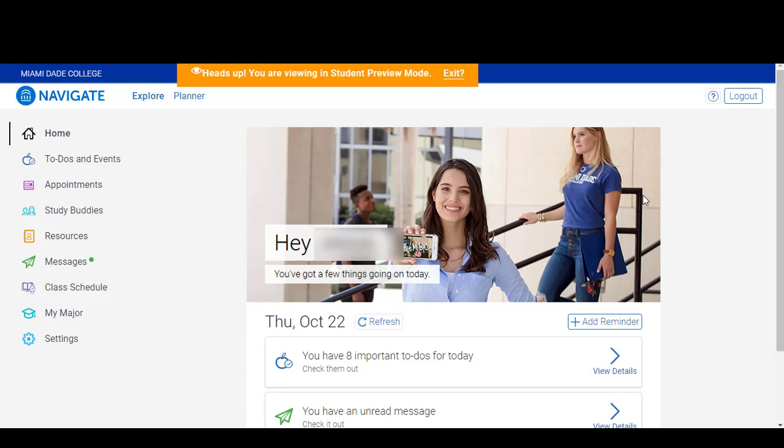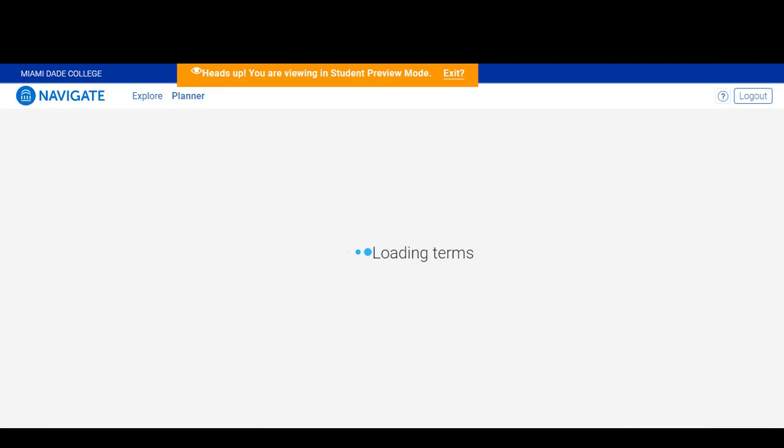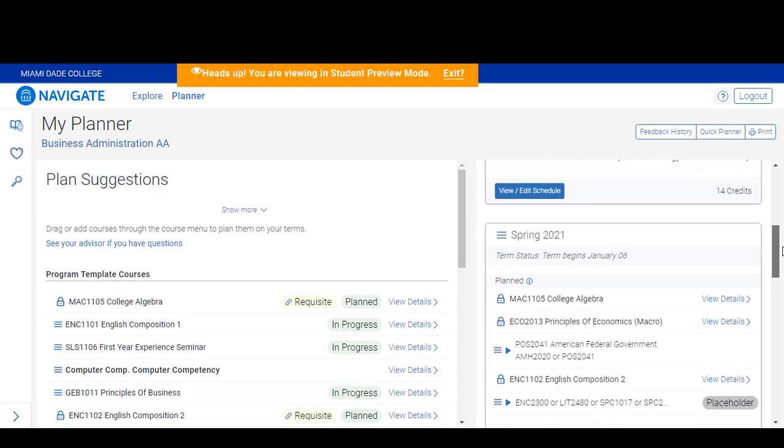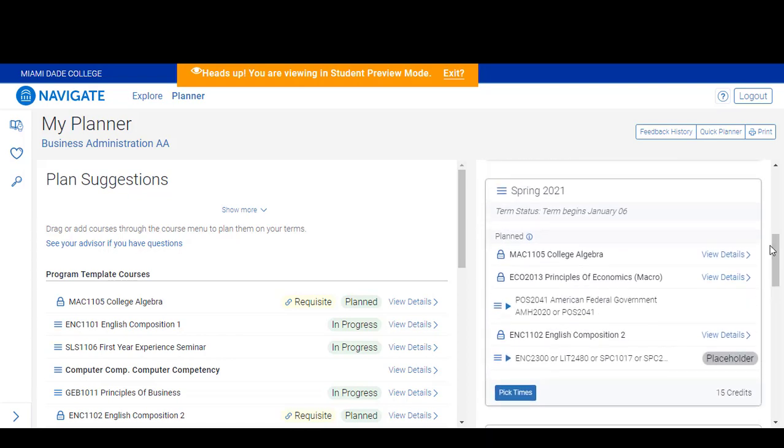To open your planner, click on the planner icon on the top left-hand corner of your screen. Scroll to the semester that's open for enrollment for which you want to register. Review the courses that are scheduled that semester.